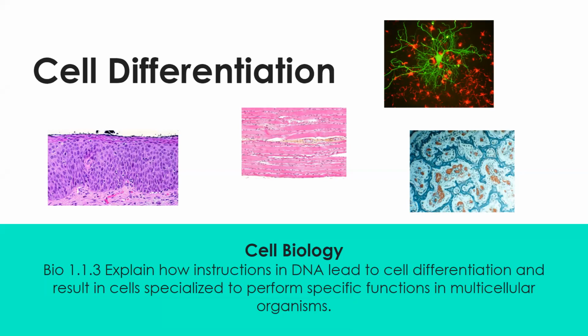So, we began the unit talking about the two different types of cells that ever existed on this earth, prokaryotes and eukaryotes. We dove deeper into the world of eukarya, and we compared different structures and adaptations in unicellular eukaryotes and multicellular eukaryotes. We then compared different structures found in different types of multicellular eukaryotic cells. Today, we're going to talk about how all of these cells became specialized or differentiated for their function.